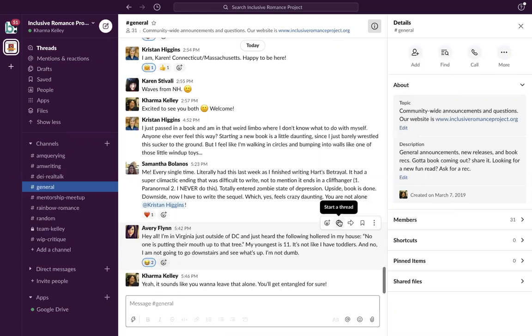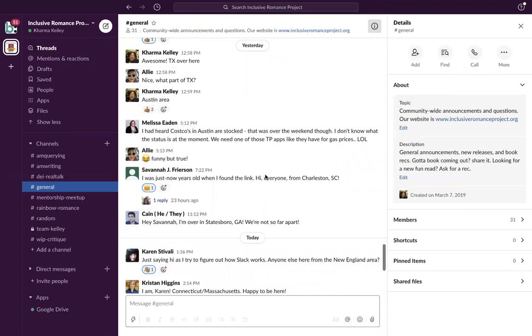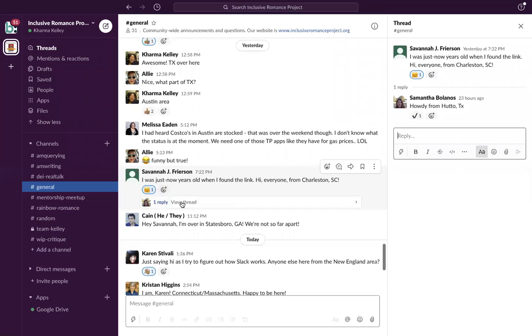When you start a thread, actually I could show you in action here. You're just replying to that individual, and you can view the thread, and it starts right here. So if you're a person that just wants to focus on this particular topic, the whole point of Slack is to make focused conversation and to eliminate noise, even though you have a lot of people in groups.